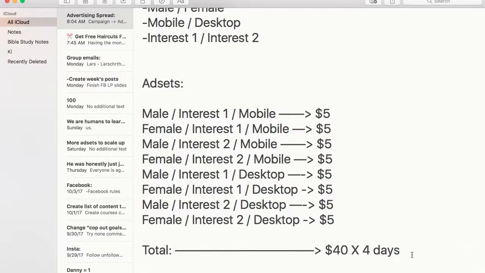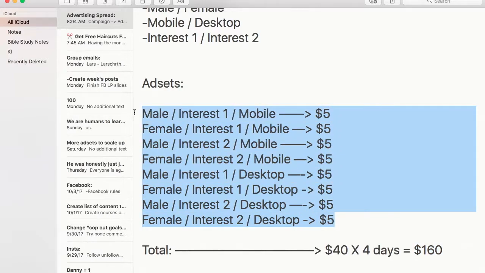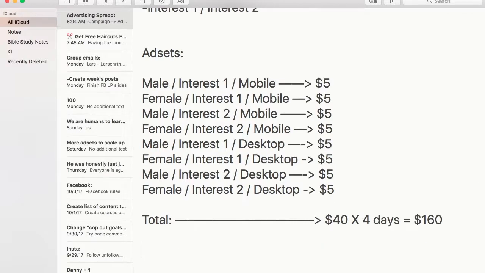So $40 times 4 days, 4 times 4 is 16, so $160 total. So we're going to be putting $160 into these ads over a course of 4 days. But what this $160 does for us, and mind you, I'm sorry, but if you're not willing to spend $160